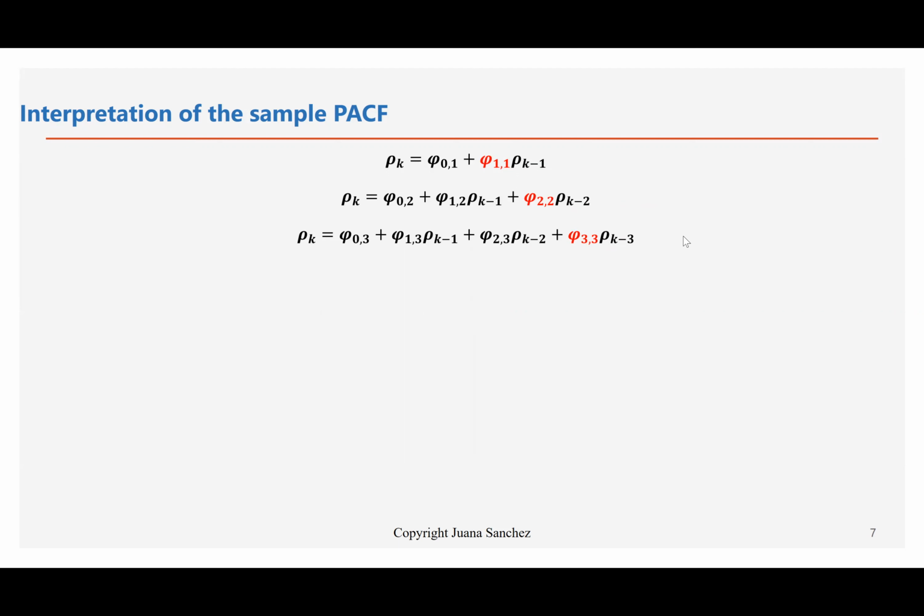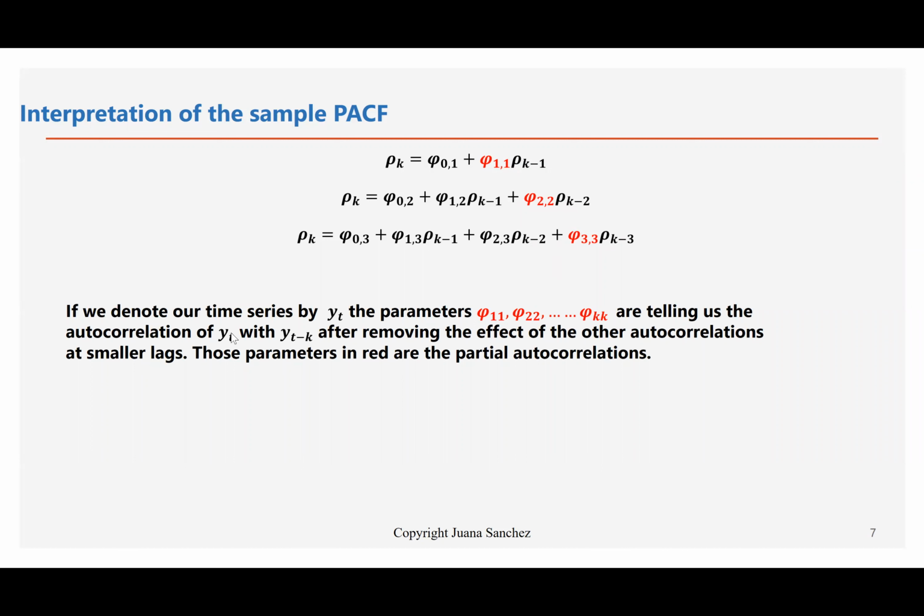The regression coefficients in a multiple regression model just tell you the effect of that variable in which the coefficient appears on the dependent variable, in this case, the rho sub k, controlling for the effect of the other variables. That means removing the effect of the other ones. So that is the interpretation of the partial autocorrelation. If we denote our time series by yt, then these parameters are telling us the autocorrelations of yt with yt minus k after you remove the effect of the other autocorrelations at the smaller lags,